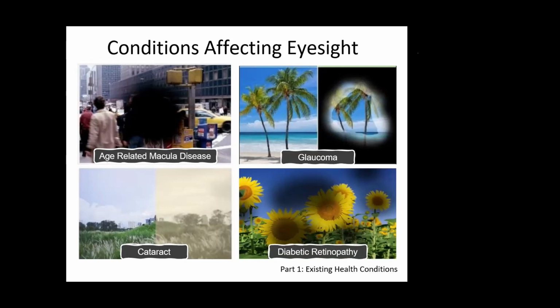Next is due to uncontrolled diabetes. As we know, diabetes can affect our nerves, plus it will grow unnecessary blood vessels. These blood vessels, if they grow in the retina area, will start to bleed. This bleeding is going to damage the retina cells, and it is also not reversible. So it is very important that if we have diabetes, the diabetic condition should be under control.